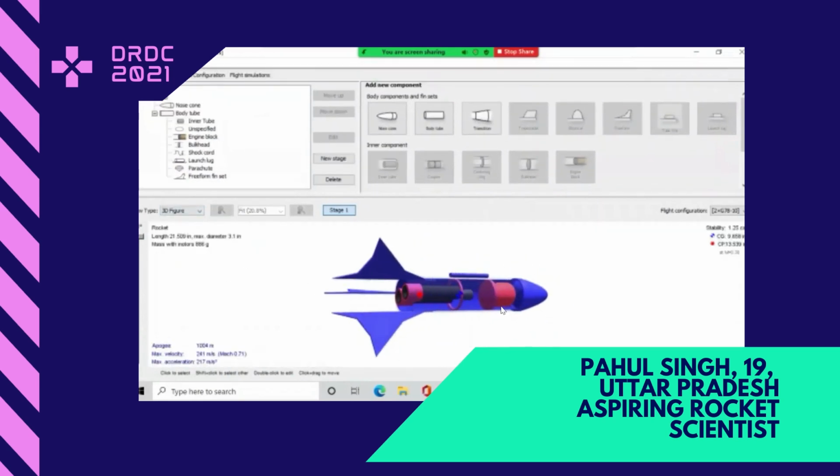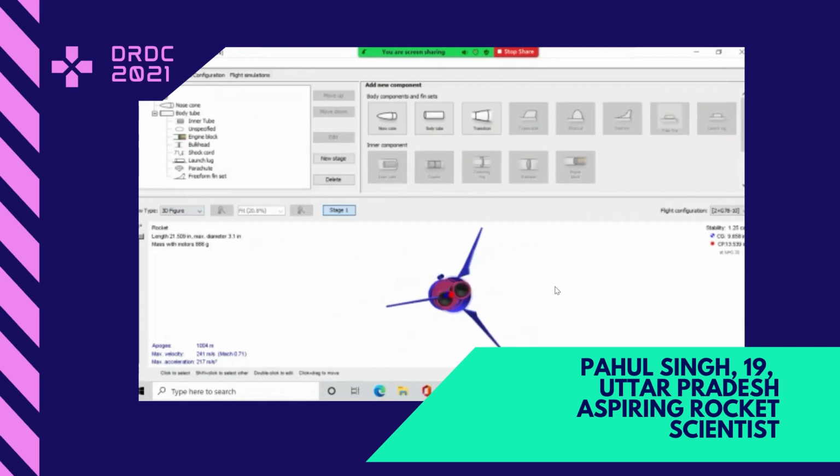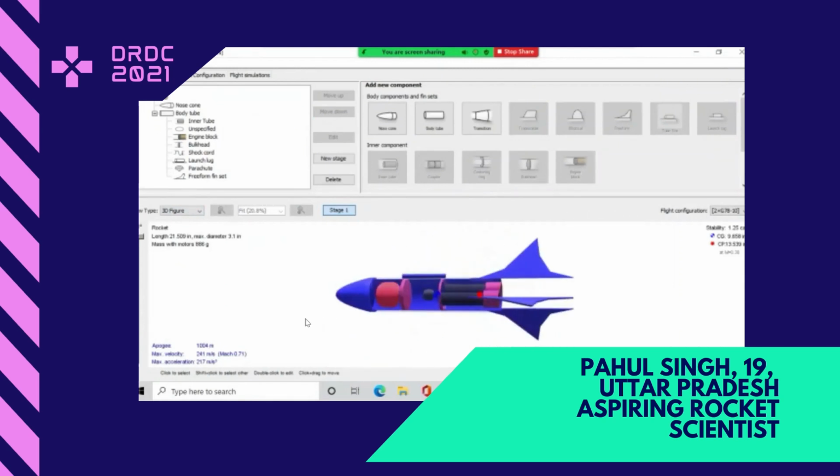So this is the rocket. The two thrusters or two motors are present here. And also one fact to be noted is that this red dot has to be behind this blue dot. The blue dot is the CG and this is the CP. CP is where all the lift, drag, and moment forces come from, and CG is where the weight is being applied. So these are the two different points.